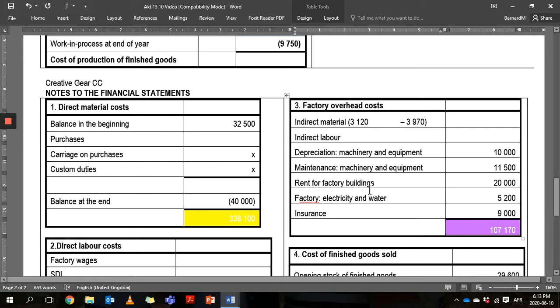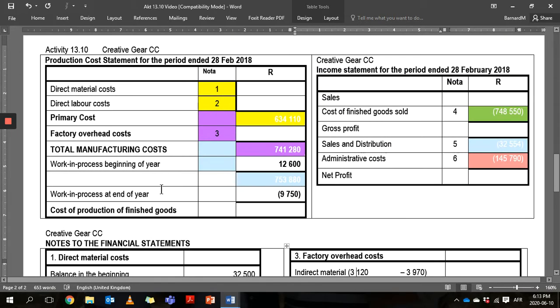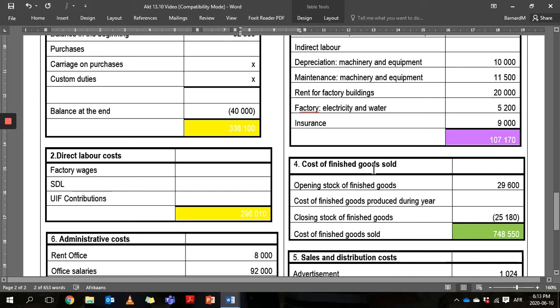Then the next part is the work in process stock. Now the work in process goes directly into your production cost statement. So you open here with your opening balance, the beginning of the year, the 12,600, and you end then with the 9,750. Then they have the balances of the finished goods stock, which goes to your cost of finished goods sold. So there is your opening stock balance and your closing stock balance of